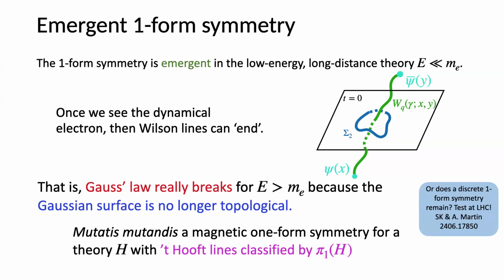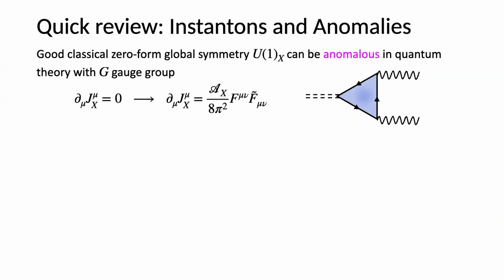Good. And so this is, Kevin, to answer your question, the sense also in which you should think that in the low energy theory, you have these two-dimensional cosmic string worldsheet operators, just like the Wilson lines. And actually, when you go to high energies and you see the cosmic strings themselves, those break the two-form symmetry, just like the electron breaks the one-form symmetry here. Okay. Good.